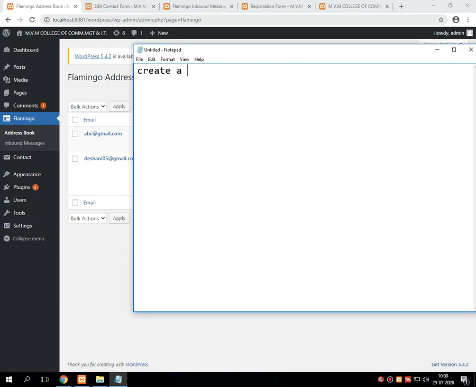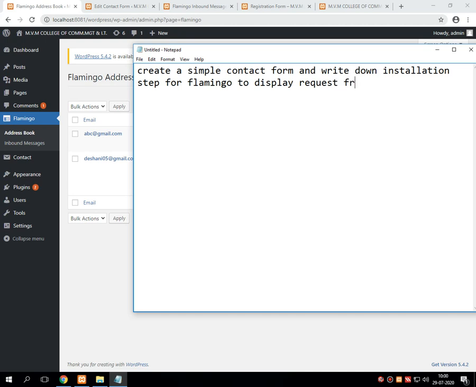Create a simple contact form and write down the installation steps for Flamingo to display requests from the client contact form to the server side listing.